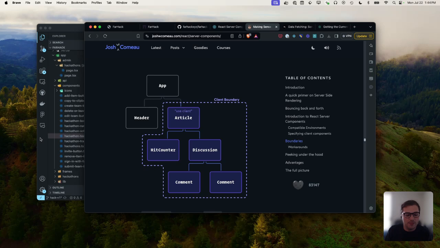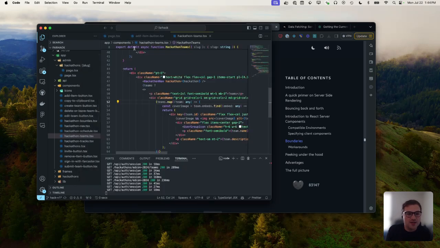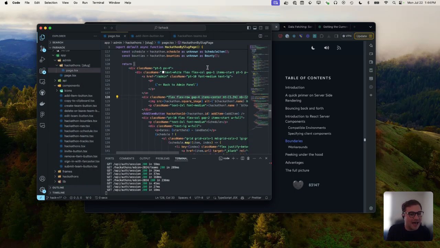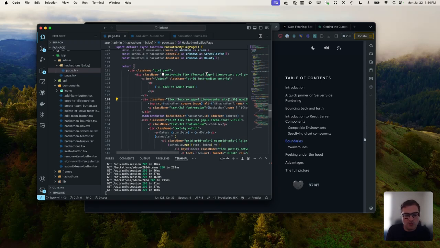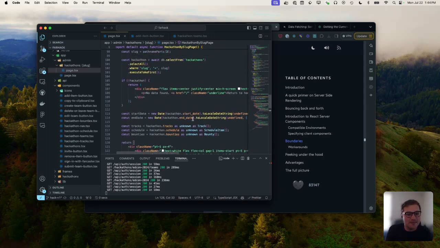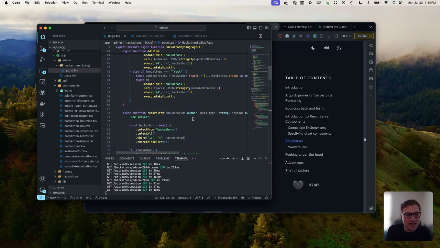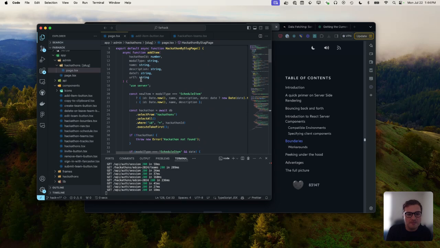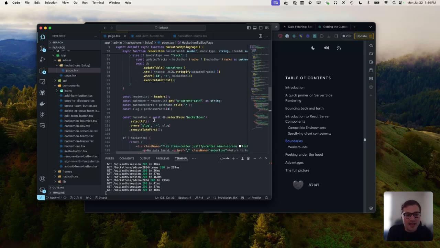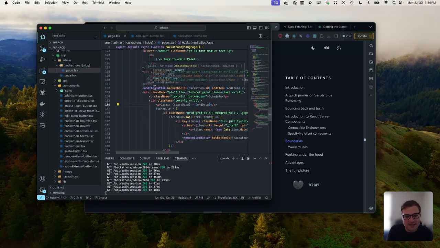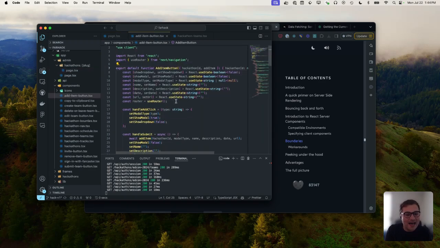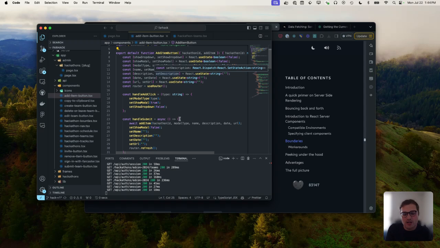There are certain things that help though. For example, server actions. So for example, in this page here, this is the admin hackathon page. I have a function where I want to be able to add an item as an admin, like add a schedule item, a bounty, whatever. So here in my server component, I'm writing a function and I'm marking it as a use server, meaning this function itself will run on the server. It will essentially run as a post request. And then I can pass it down to the component. So in this example, add item button. This add item button has access to it and just runs it like any other prop. So that's great. That's pretty familiar React,